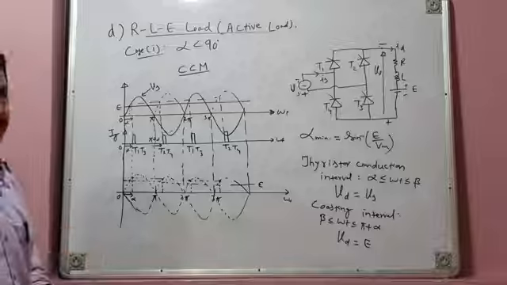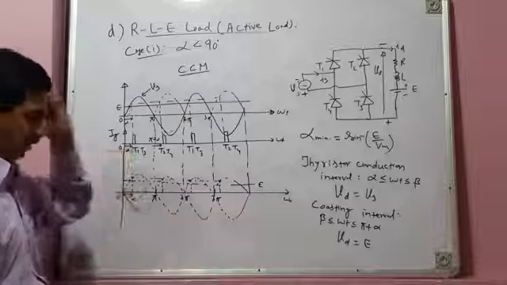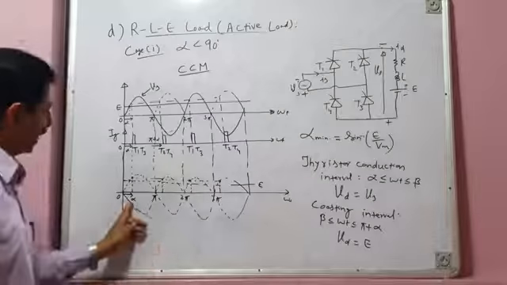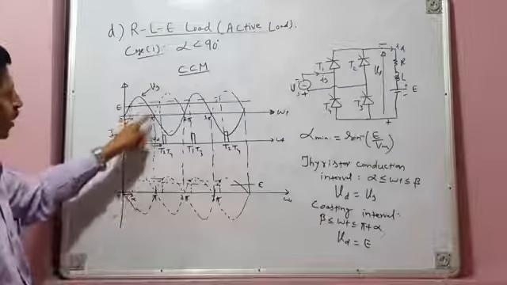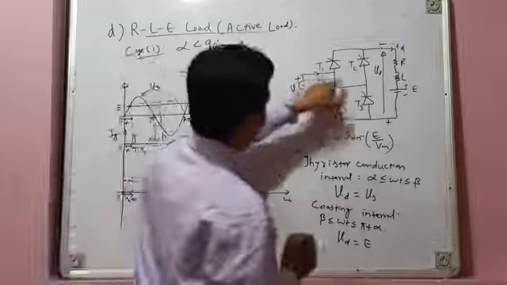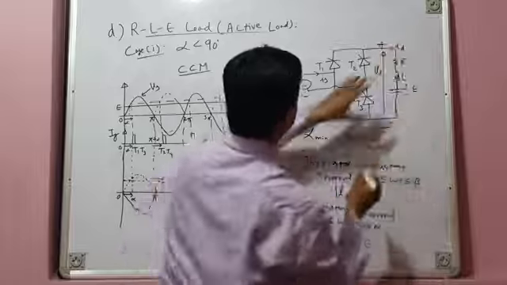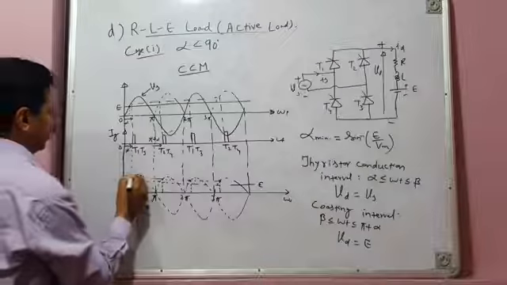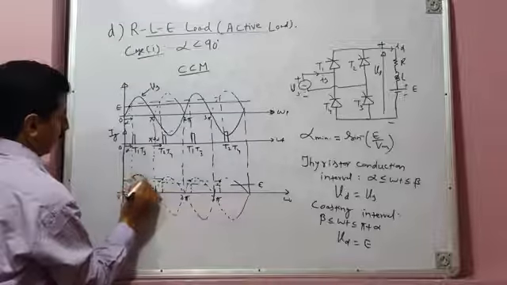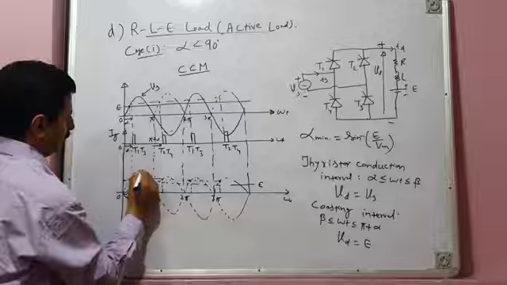From 0 to alpha, no device is fired. And what is your load voltage? Your load voltage is same as voltage of the load itself, E. But hold on, let's see what happens. At omega t equal to alpha, positive half cycle of source voltage is there. And firing pulse is simultaneously issued to T1, T3 pair, and T1, T3 pair conducts and load gets connected directly across the source, and it receives the remaining segment of positive half cycle of source voltage. This is the load voltage.